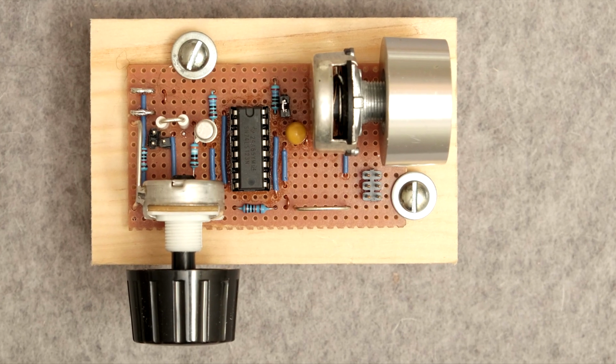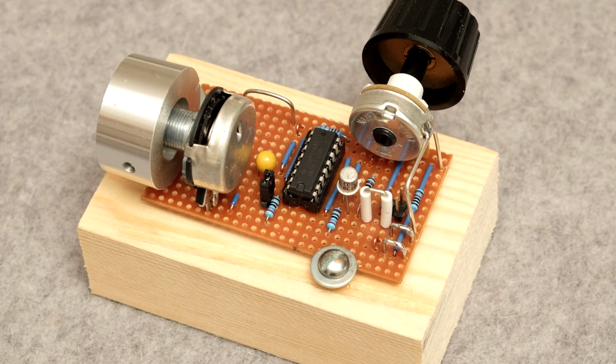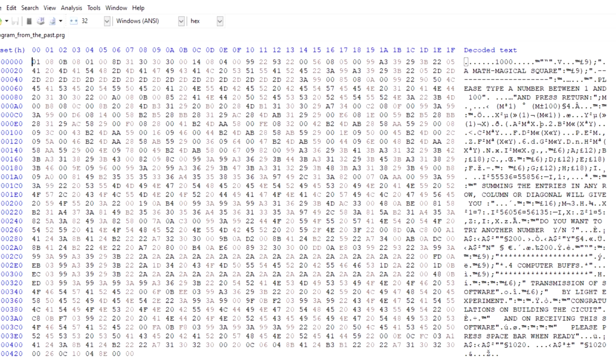We seem to have a functioning receiver, but what is it going to receive? As you may know from Perifractic's videos, the recordings of the original transmissions that are available online do not have sufficient video quality to make a reception feasible. And the better quality master tapes cannot be shared due to copyright restrictions. So we will have to make our own transmission based on the program data that Perifractic and the C64 crew